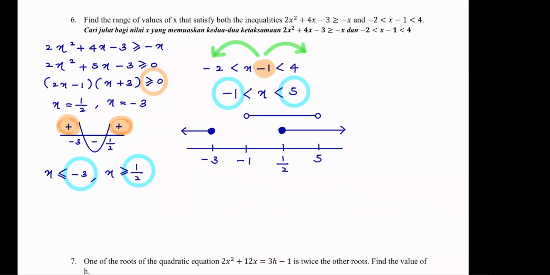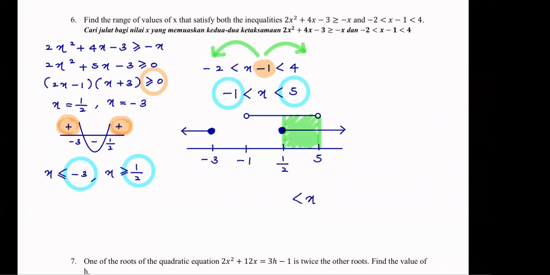The two solution will meet. Dua-dua solution ni kena bertemu. Tempat mana dia bertemu adalah tempat ni. Ni adalah tempat dia bertemu. Nampak tak ni? Tempat dia bertemu. Itu adalah tempat dia bertemu. So itulah jawapan kamu. So your last final answer should be your x